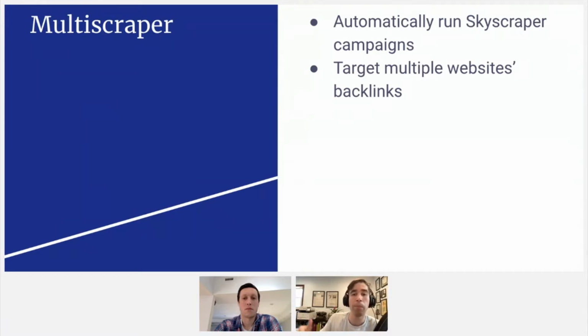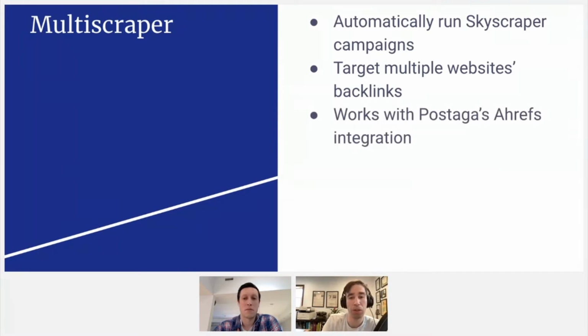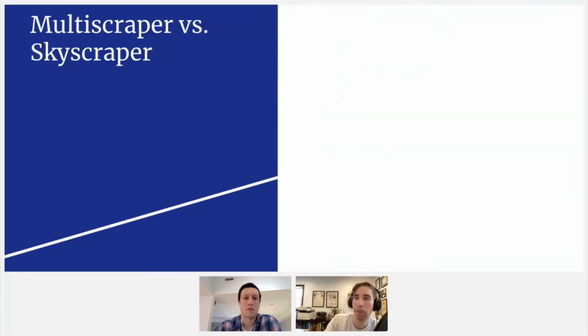And beyond that, all of the data related to these campaigns, from the websites they're linking to the articles we're targeting, all of that information is pulled and analyzed in Postaga for us. And it works due to an integration that we have built here at Postaga with Ahrefs, and I'll talk more about that in a little bit.